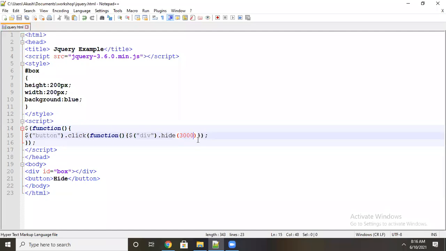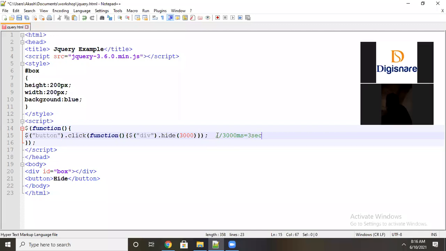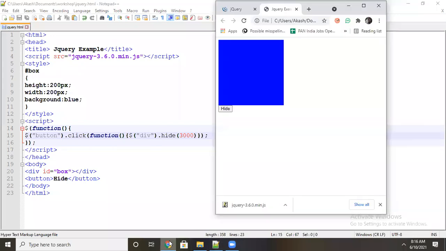You can see I mentioned 3000. What is the meaning of 3000? I will write it as 3000 milliseconds. It measures in terms of milliseconds. 1000 milliseconds equals 1 second. Then how much is it? It is 3 seconds. 3000 milliseconds means we can control it in 3 seconds.